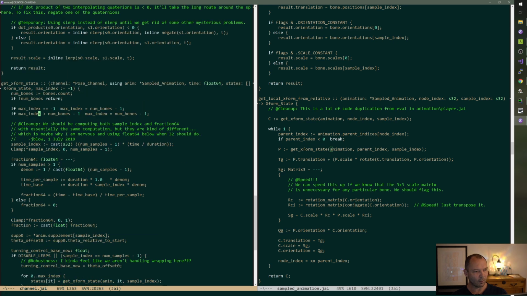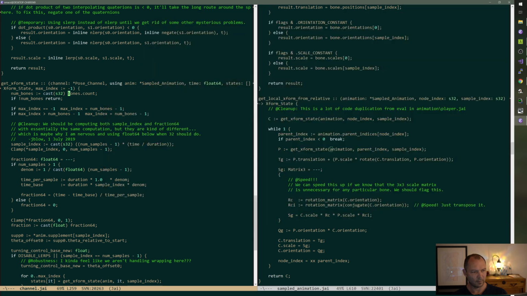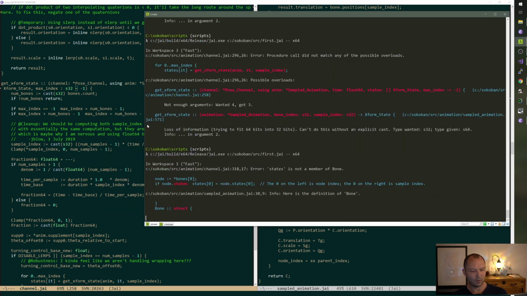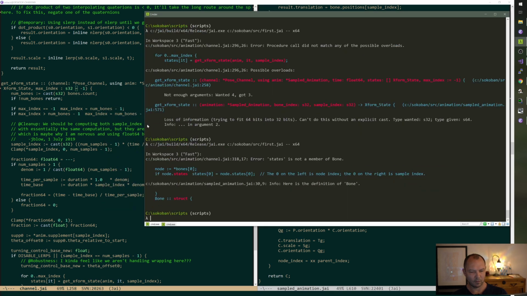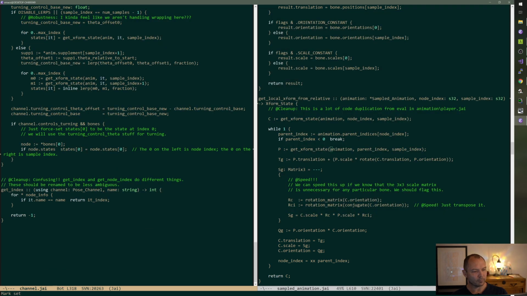Let's keep max index as 32. Really, still. Oh, max index. So now we're going to have problems passing that in. Okay, states is not a member of bone. If node.states